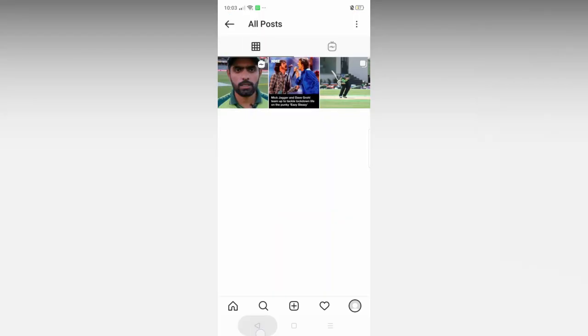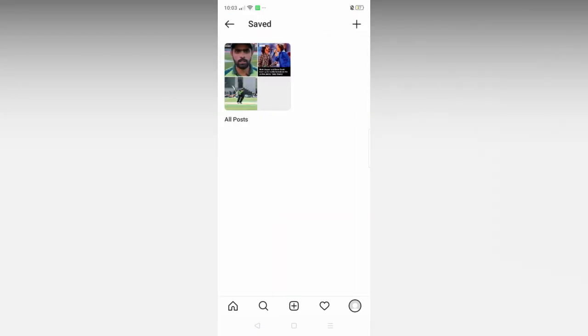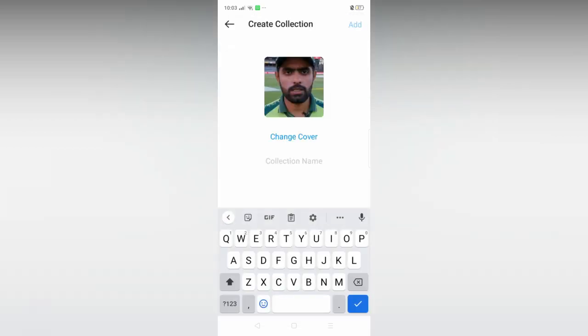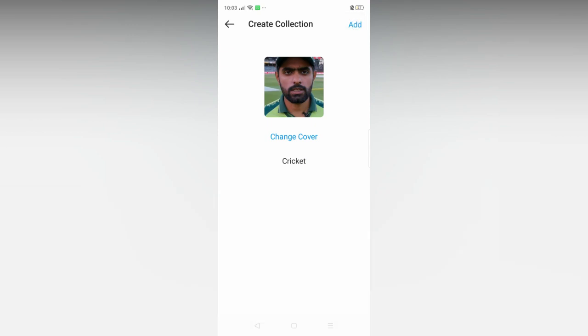One more thing which you could do with your saved collection is that you could create mini collections, mini albums, sort of these mini albums which would contain some particular post specific to a particular subject. So I would just click on this plus icon at the top, and here I've got these three posts. I would just select two of these because these have to do with cricket. Now I would select next, and I could name this collection as cricket, and I would just select add, and